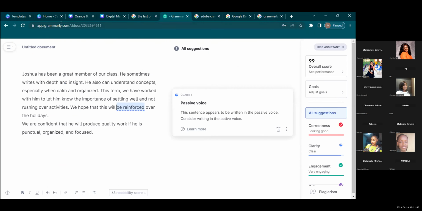app.grammarly.com or grammarly.com, and you sign in. That's you register, and you're able to use the free version. Like I said, the free version is different from the paid version. Definitely a paid version would have more functions than the free version. But the free version can still do one or two things for you. Okay? Okay, thank you.